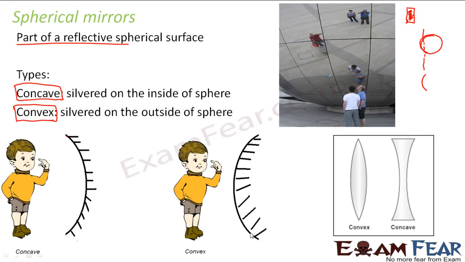I am very sure that you must be thinking that, oh God, it is so confusing to remember which is concave and which is convex. Now, whenever you have concave, it is con plus cave. So you can remember it in this way: what do you mean by cave? Cave means something inside which you can enter. You go into a jungle and there is a cave and you get inside the cave.